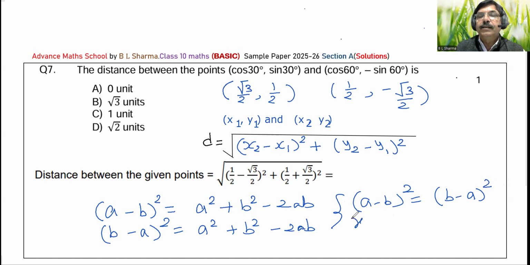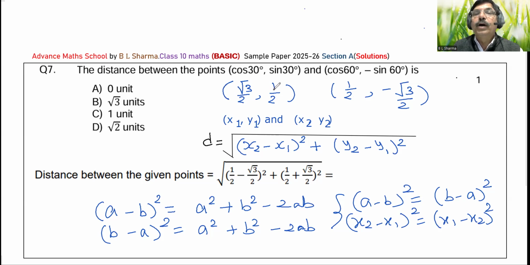So you can write (x2 minus x1) whole square. You can also take (x1 minus x2) whole square. Doesn't matter. यहां पे मैंने लिया है क्योंकि ये माइनस था (y1 माइनस y2) होल स्क्वायर, और (y2 माइनस y1) होल स्क्वायर इक्वल टू (y1 माइनस y2) होल स्क्वायर। आप इसको x1 y1, इसको x2 y2 ले सकते हैं, या इसको x1 y1 और इसको x2 y2 ले सकते हैं। नो प्रॉब्लम एट ऑल। आई थिंक दिस इज वेरी मच क्लियर टू यू।